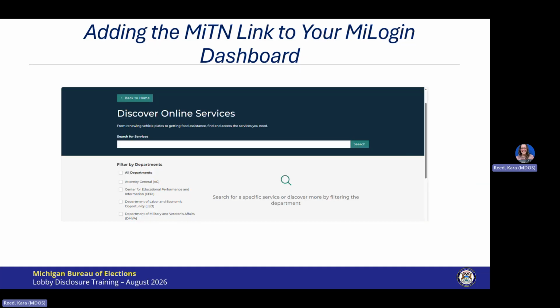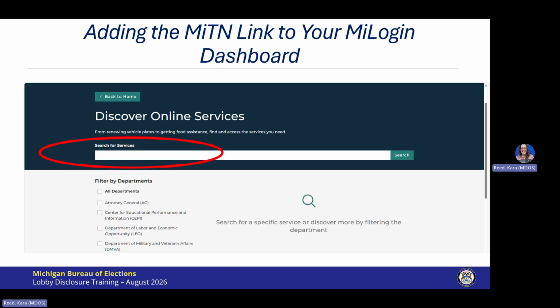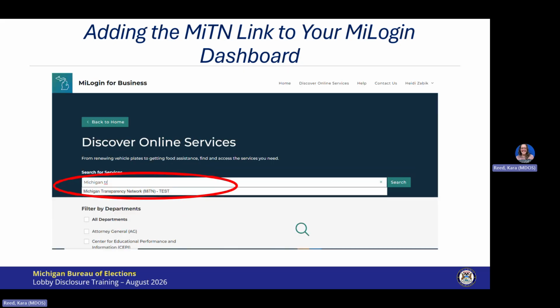Now there are two ways to add MiTN to your MyLogin dashboard. First, you can use the Search for Services box, circled in red on this slide. You begin typing Michigan Transparency Network until you see it appear below the box, and then select it from the drop-down list.